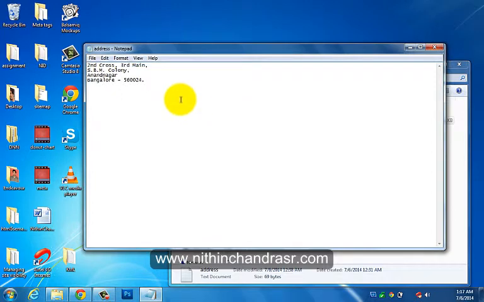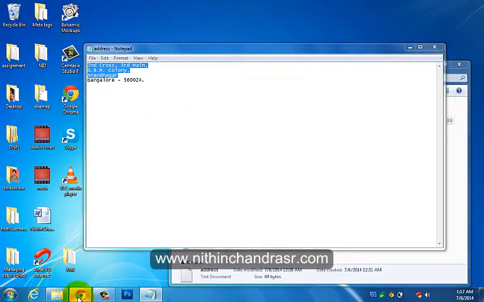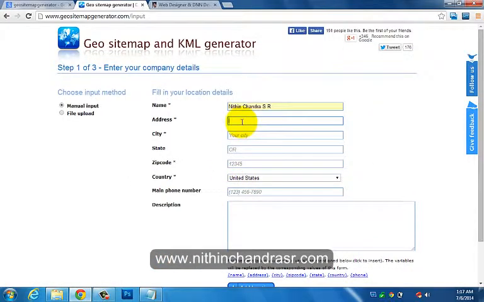If you have placed your address with Google Places, you can add the same address. If you have not yet placed it, it's fine. You can add your address.